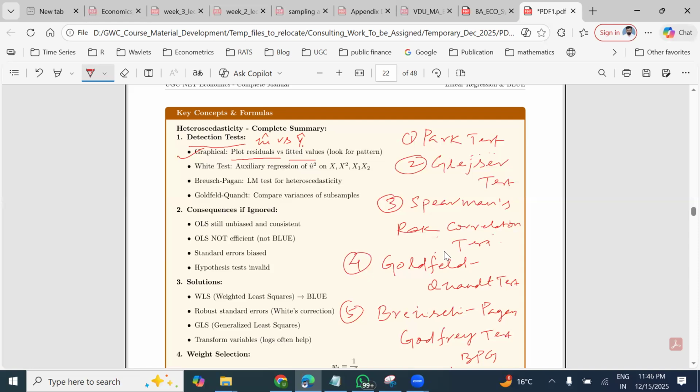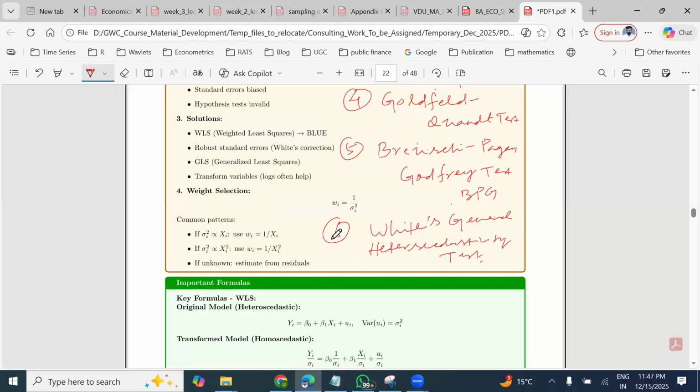Now, there are other tests also, okay? But these six are the most important. Please mug up if you are forgetting, because they will come somehow. I have seen heteroscedasticity questions are there, isn't it? Yes, sir. Because it is a very important part. The seventh test is